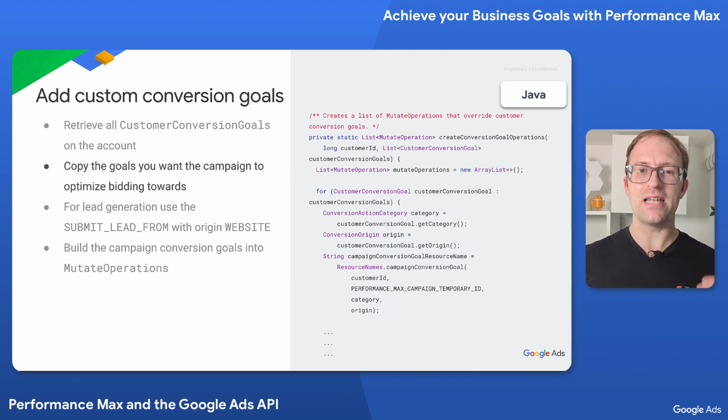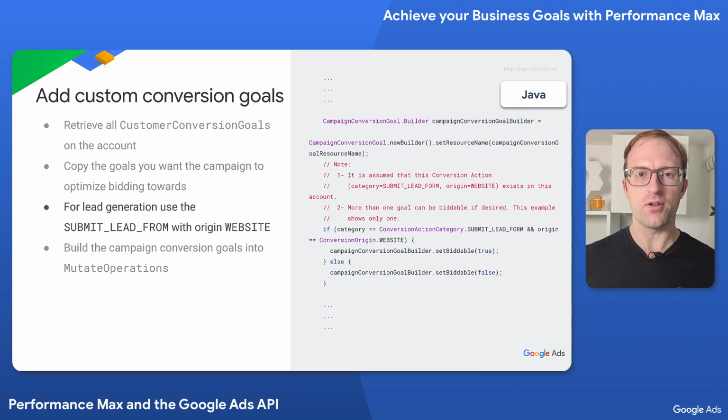We're going to deliberately specify the conversion goals we want for this campaign because we want them to influence the bidding decision. You can see that when creating a campaign conversion goal, you can choose the category and source. Conversion action category has a wide number of categories we can look to use. For lead generation and simplicity, we're going to look for the customer conversion goal of submit lead form and the conversion origin of website. Importantly, we're going to set this as biddable to ensure that Performance Max can learn from